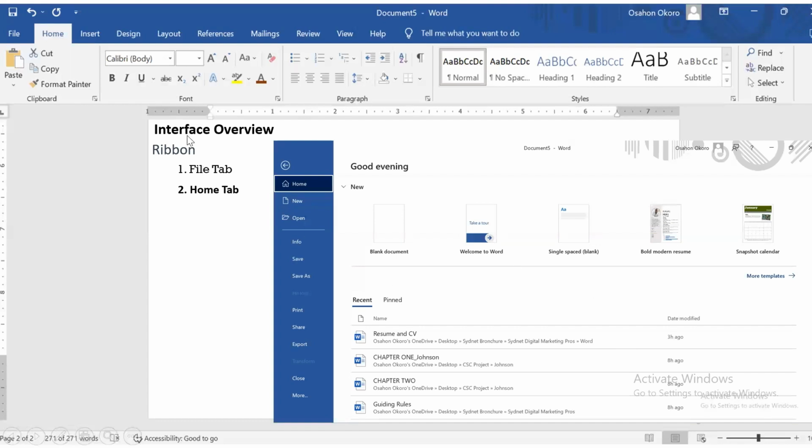Let's take, for example, I want this to look like the way this is looking as an interface overview. I want ribbon to also look like it. All I need to do is highlight this, click on this button, and click on the ribbon I want it to be like. It automatically converts to it. So we do not have to start highlighting, going to bold, going to italics, and trying to format it to look like this. Immediately I use this functionality, everything here turns to look like this. So that's what I'm trying to say.